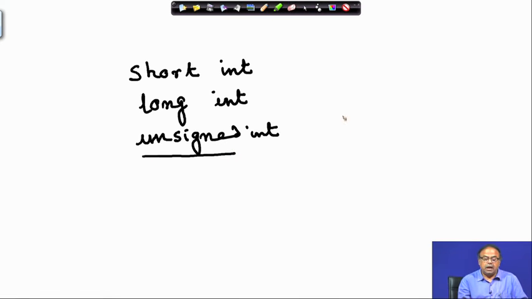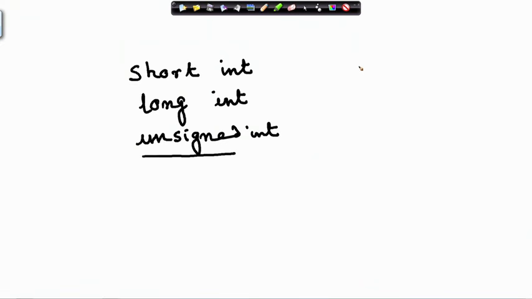Short int means just if an integer takes 2 bytes, a short int will take 1 byte. If an int takes 16 bits, that means 2 bytes, a long int can be made to consume 4 such bytes or 32 bits, but still that will be an integer. So, in these 4 bytes an integer will be stored, that means the integer accuracy will be much larger.